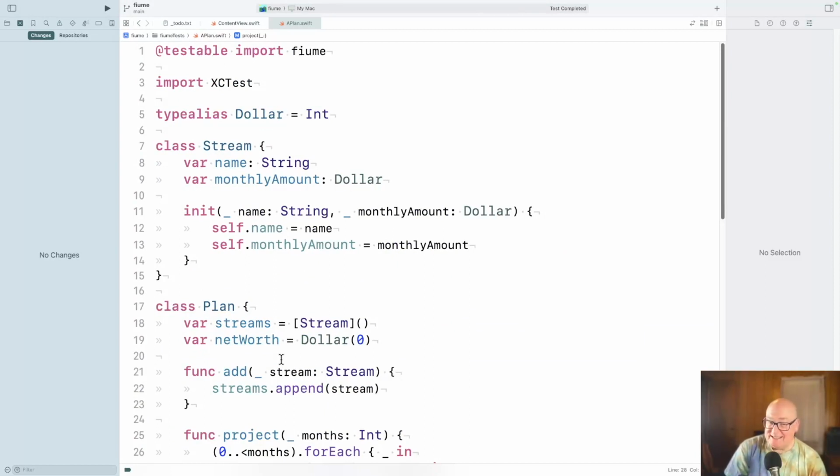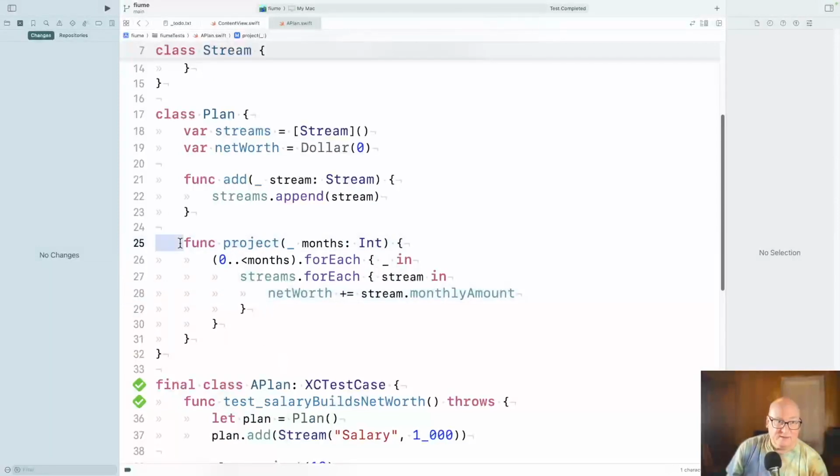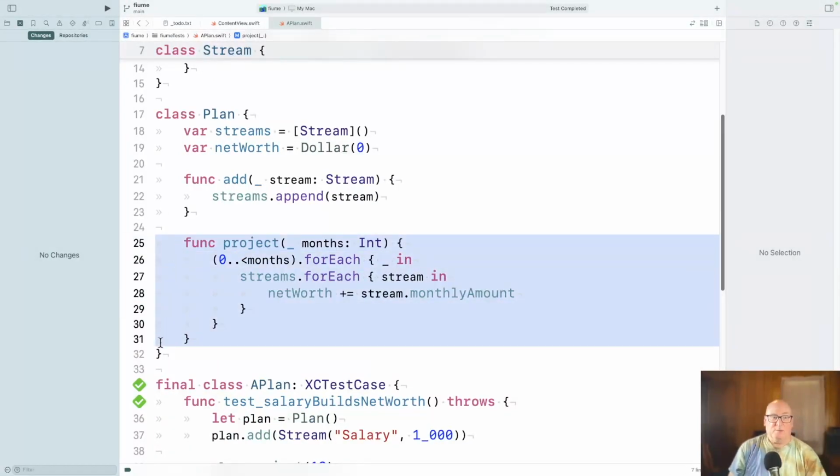Projecting seems like the kind of thing that has to happen somewhere. We roll through the range of months you want and produce each one, but I don't think the overall plan is in the right place.